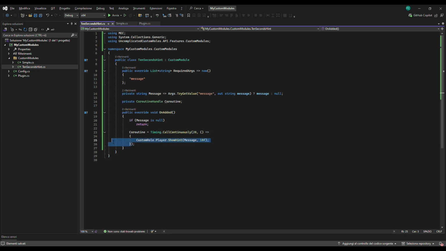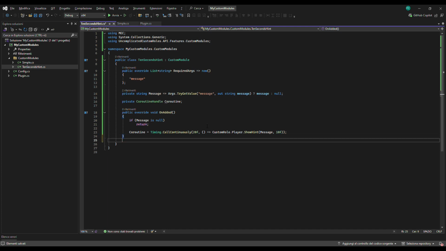And I guess we can just do this. Okay, perfect. Now this function will be called every 20 seconds, and the hint will be displayed for 10 seconds. The coroutine will be stored inside the coroutine